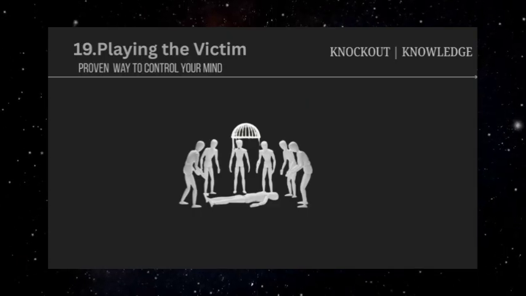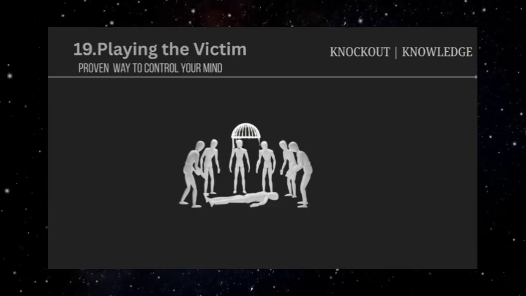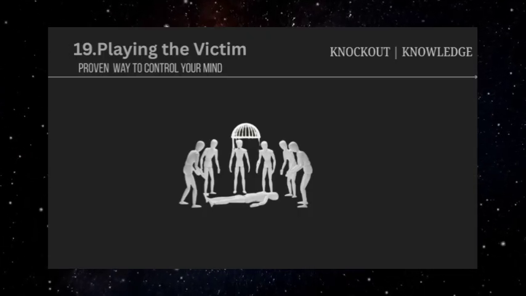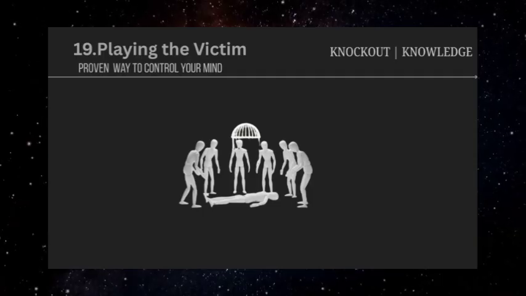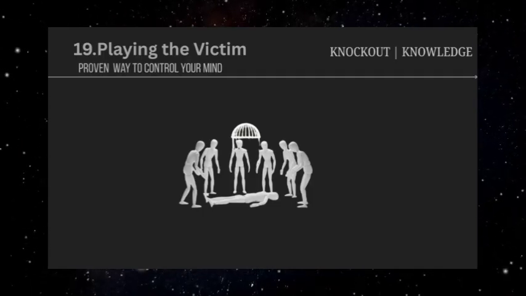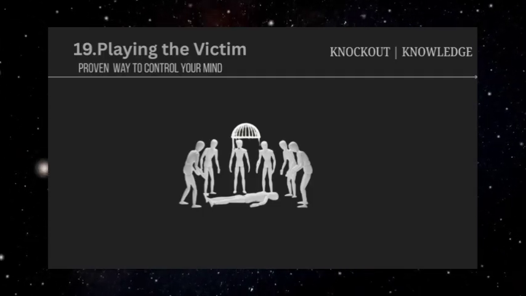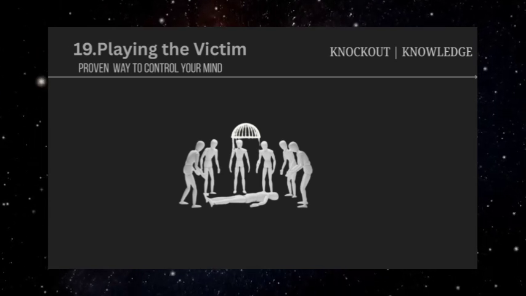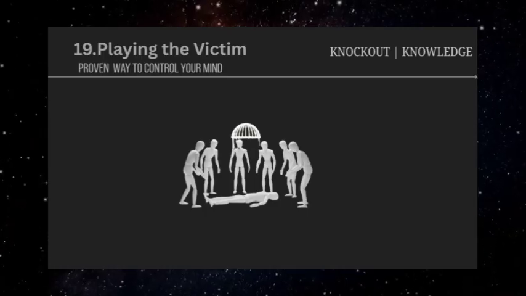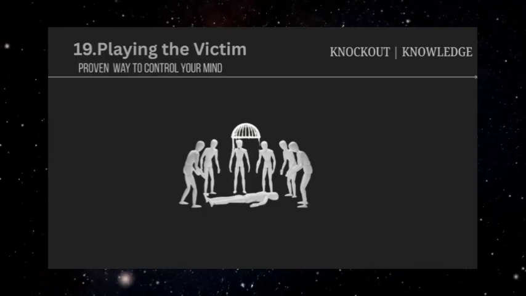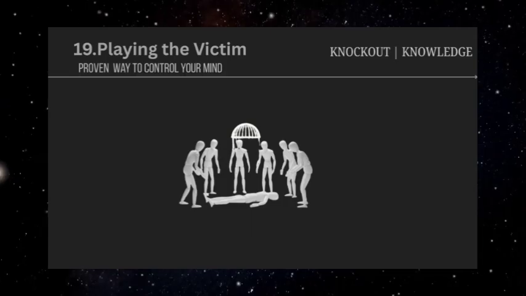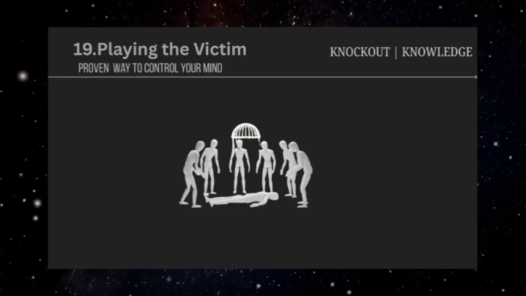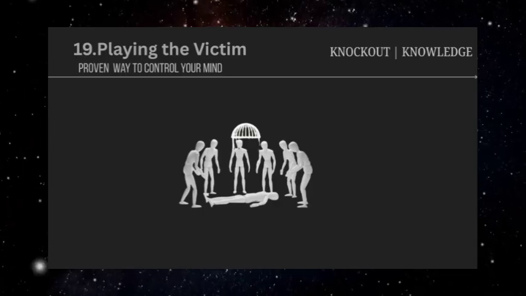Recognizing victim playing involves paying attention to whether someone consistently portrays themselves as wronged in every conflict or difficult situation. While people do sometimes genuinely experience unfair treatment, consistent victim narratives that never include any self-reflection or acknowledgement of personal responsibility are red flags for manipulation. It's also worth noticing if discussions about someone's behavior consistently get redirected to their emotional pain or feelings of victimization. Healthy accountability involves acknowledging when we've hurt others, not immediately shifting focus to our own suffering.